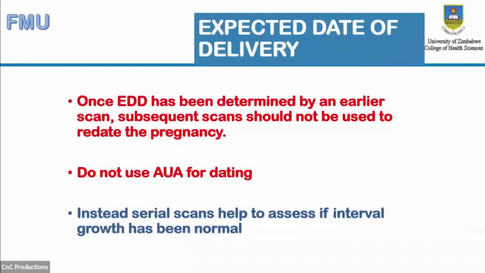All right, so once we have our EDD, it's more like you have your birth certificate. When you have your birth certificate, the teacher cannot change it to say this one is a short student, therefore, even though the student is in grade 7, we now say they are in grade 3 because they are short. Or probably because they are tall, they are in grade 3, then you say they are now in grade 7 because they are tall. So once an EDD has been assigned, it's cast in stone,